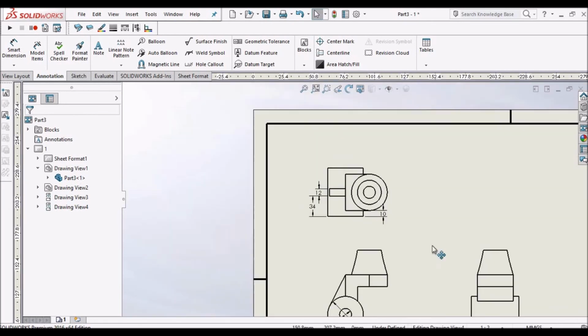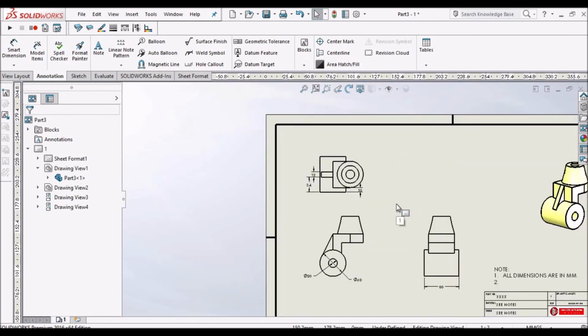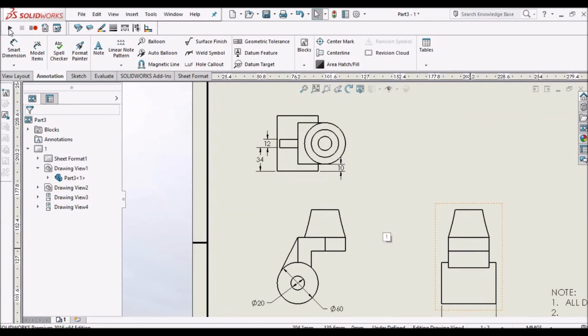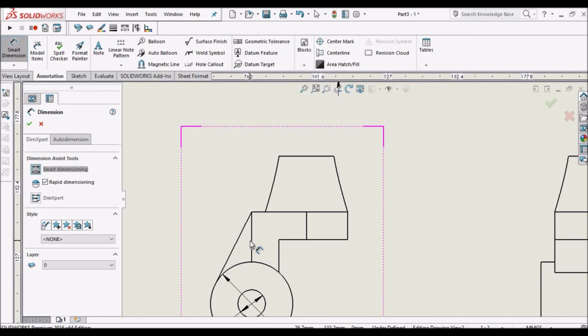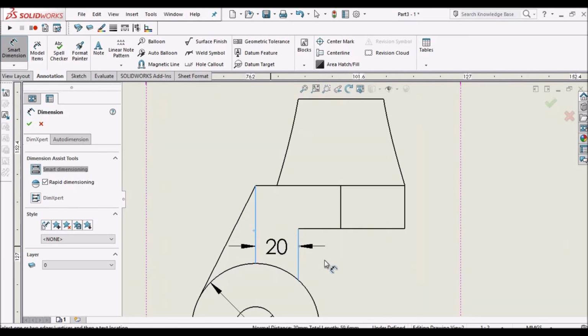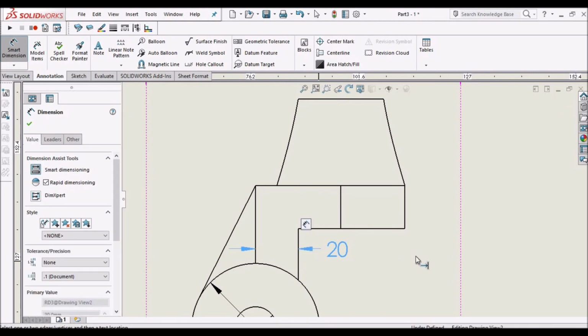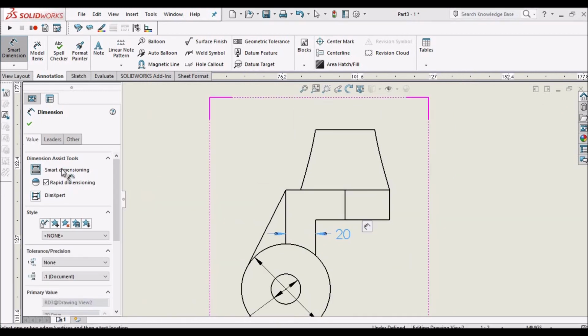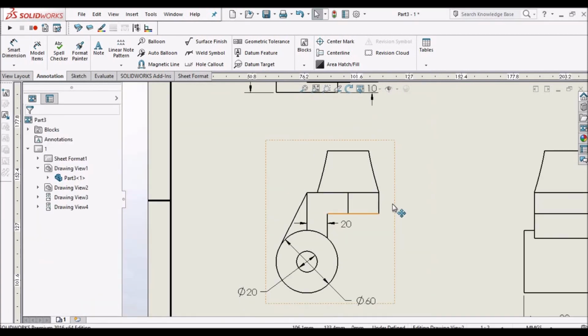Okay, this is done. Next, this thickness is 20. So usually we have to place dimensions outside the components to read the component easily. Okay, so this is 20.